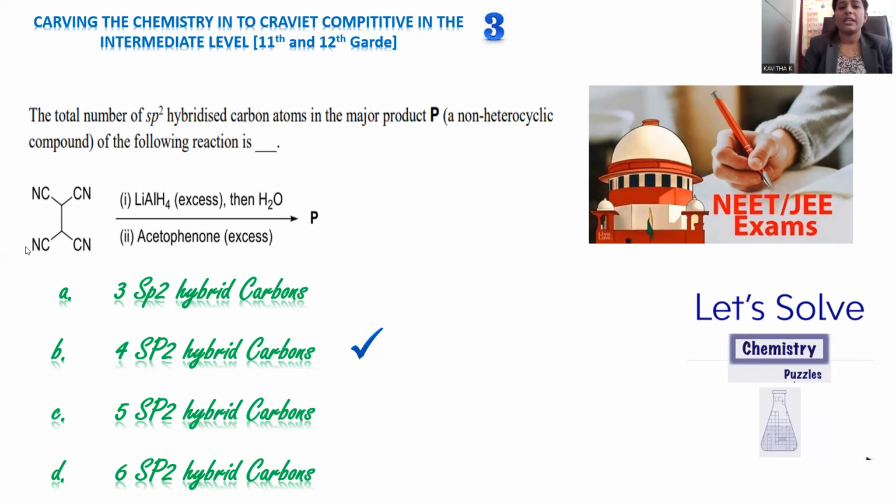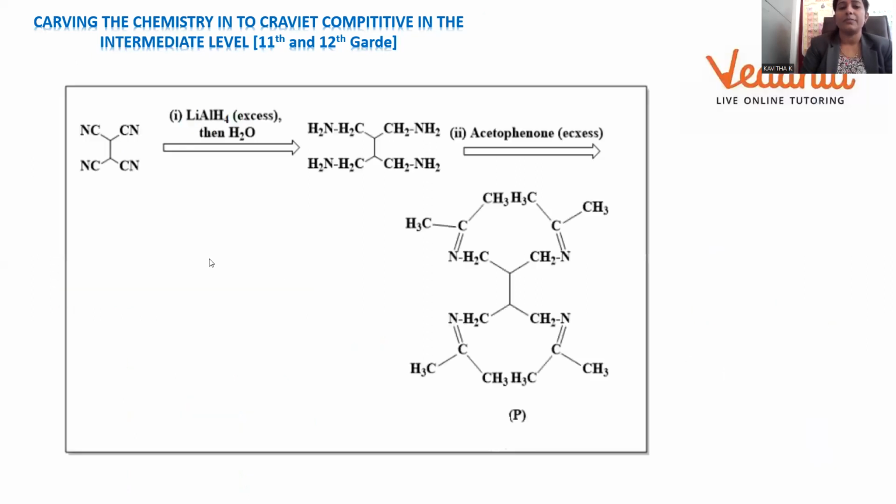Whatever 4 nitriles are there, each and every nitrile will participate in the reaction, because all the reagents are given in bulk quantity. Fine. Acetophenone is the condensing agent, so that we will get the final product as the condensed one. So in order to get product P as the major one, we need to go for a step-by-step reaction mechanism. This is the tetranitrile compound given as the starting material, treated with lithium aluminum hydride under excess conditions, followed by water addition, so that it will be converted into